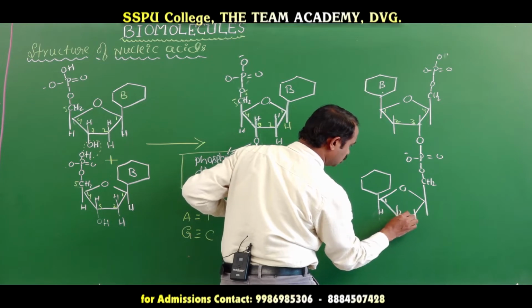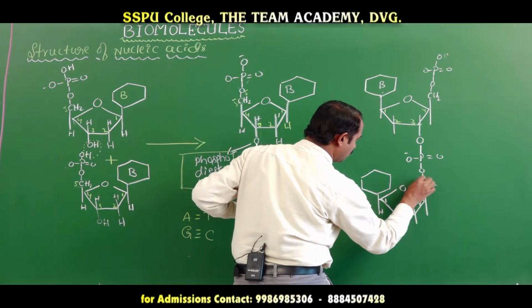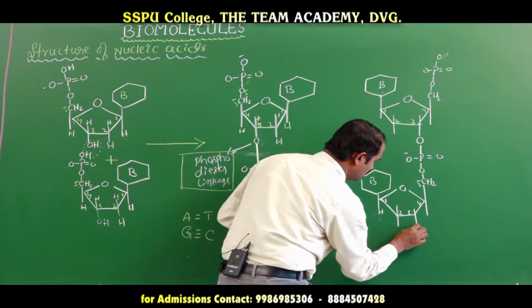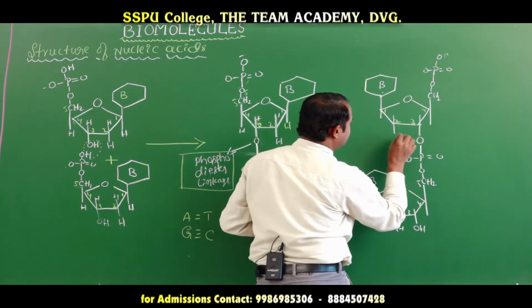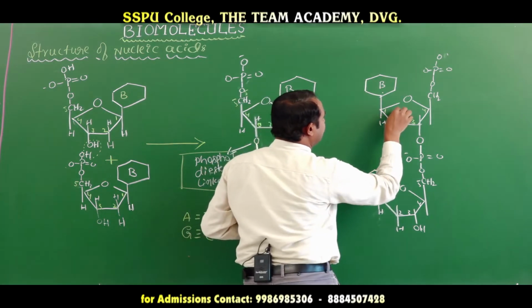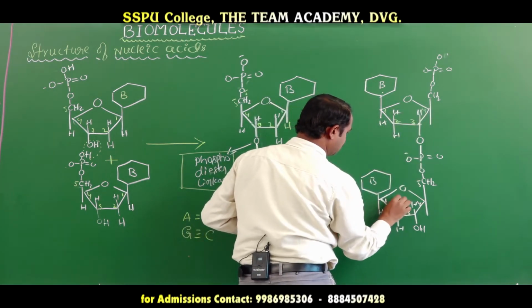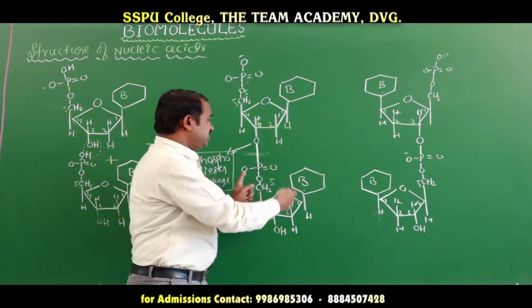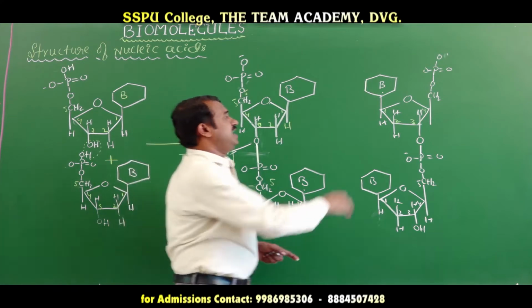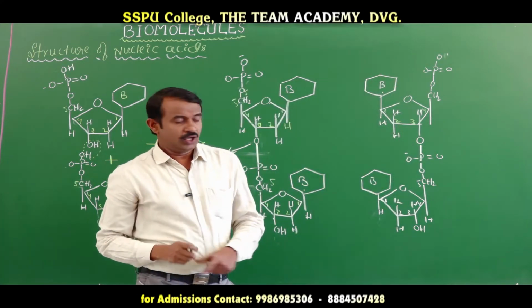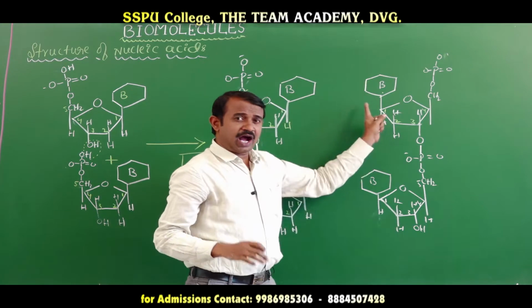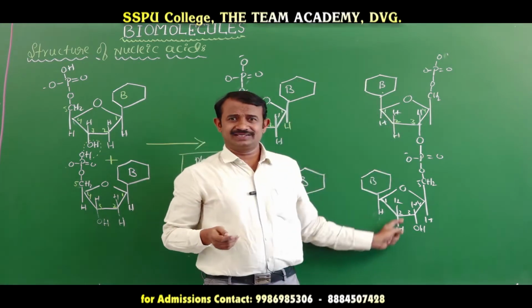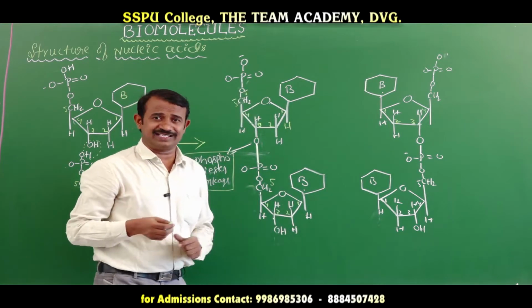1, 2, 3, 4, 5. This is also another base, and here also OH, H, nucleic acid. Here also, opposite one nucleotide chain is another nucleotide chain. When one nucleotide chain is opposite another nucleotide chain, it is two nucleic acid chains, the double helical structure of nucleic acid.